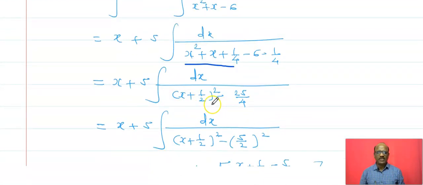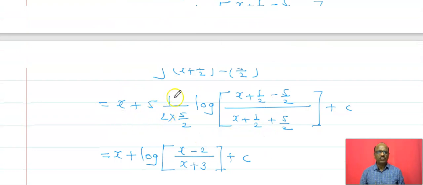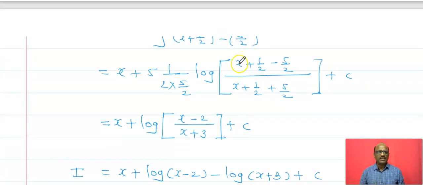Now again this is of the form of the integral x square minus a square. That is 1 upon 2a log of x minus a upon x plus a, of that form. Now see this here. 1 upon 2a, x plus 5 into 1 upon 2 into 5 by 2. 2 get cancelled, log of x minus a. What is x here? x plus 1 upon 2 minus 5 upon 2. x plus a, that is x plus 1 upon 2 plus 5 upon 2. Here I am taking that x from the formula. Therefore, here is x plus 1 upon 2 minus 5 upon 2. If you add these two, then you will get minus 4 upon 2. That is minus 2.